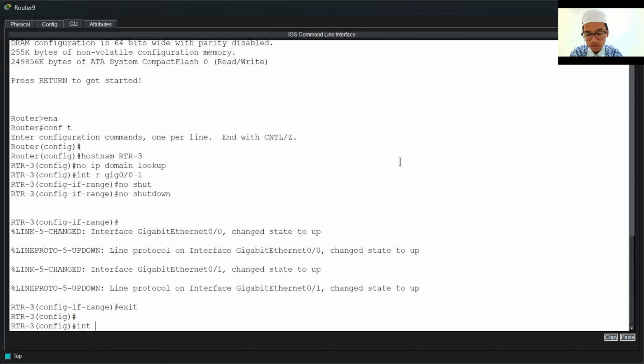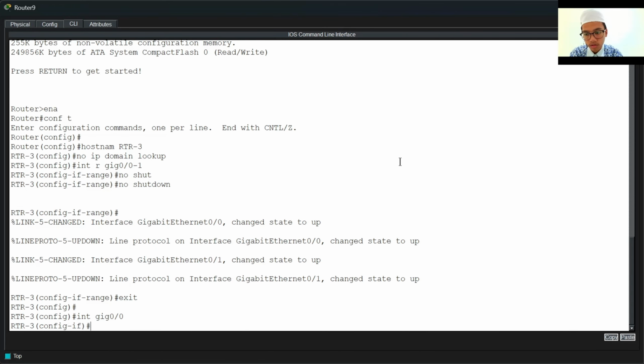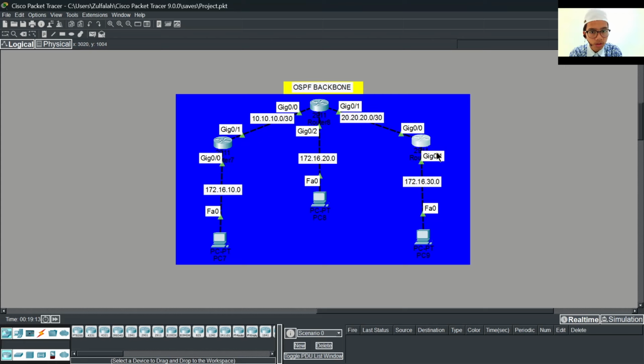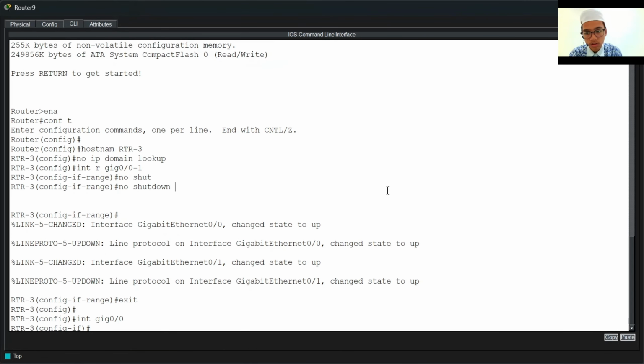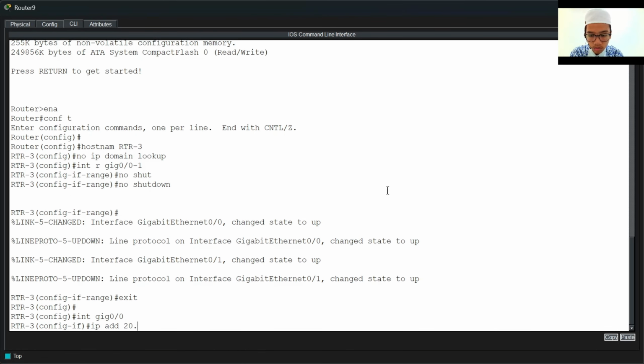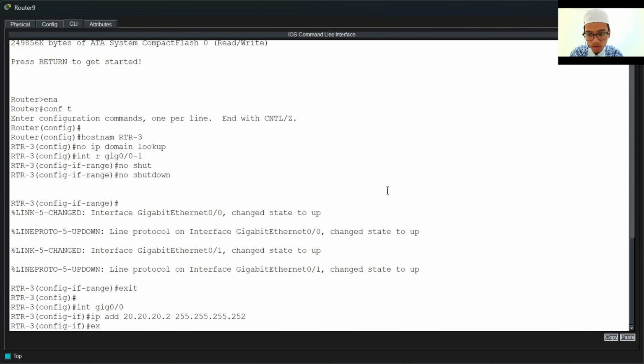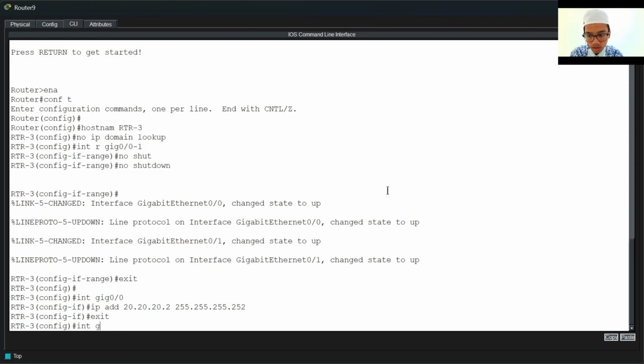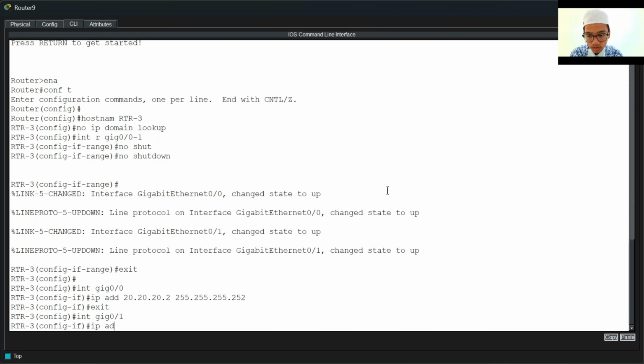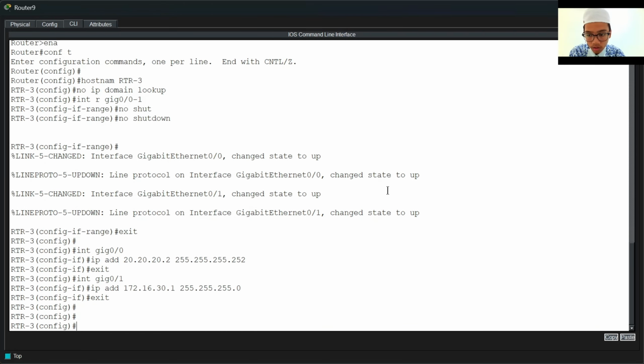Then we go into interface 0/0 and add 20.20.20.2. Then last is the interface for the PC, 172.16.30.1, then the subnet mask. Okay, now we exit, then do write.